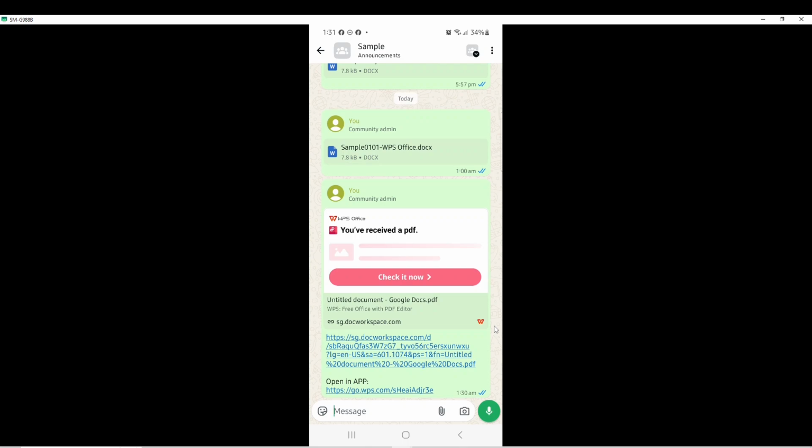This approach is especially useful for sharing larger documents, as it ensures that the file can be opened seamlessly with any compatible PDF viewer. It also reduces the chance of errors or failed attachments that sometimes occur with traditional file transfers. By understanding how WPS Office integrates with WhatsApp, you can streamline your workflow and make document sharing faster and